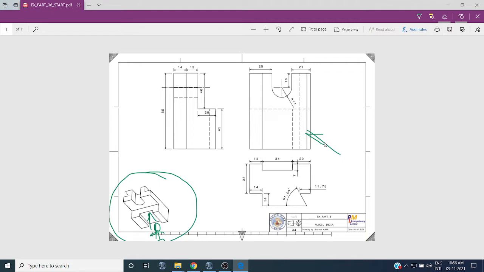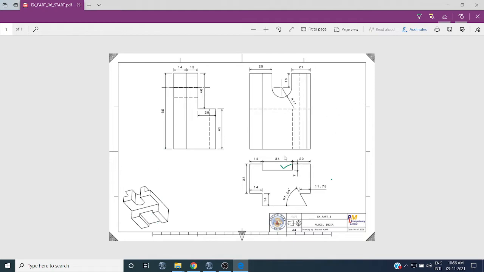This is my front view. Then if I stand here, this is my side view, and from the top it is the top view.